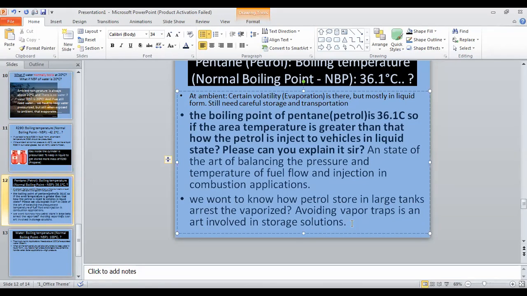I don't think so. But still, no vapor traps there, or no vapor voids there. Because vapor voids, vapor traps, if mixed with air in the proper ratios to have the sufficient oxygen for the